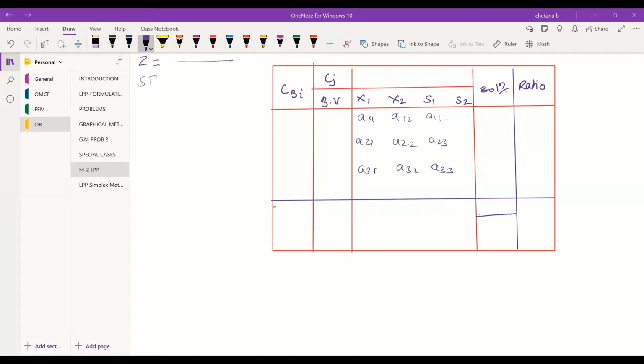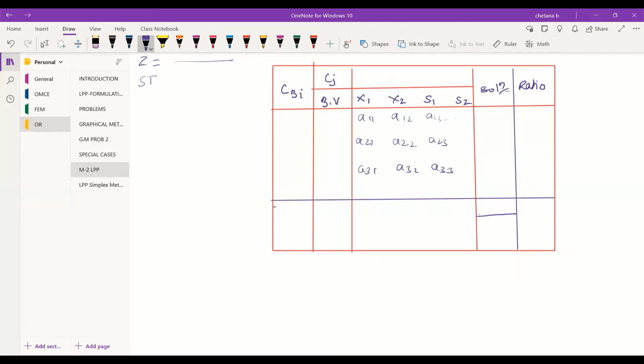Then you have the basic variables. Now these basic variables are nothing but, for the objective function, how many slack variables or surplus variables you have considered, and what is the coefficient in the objective function.